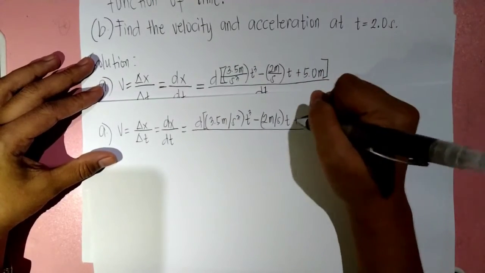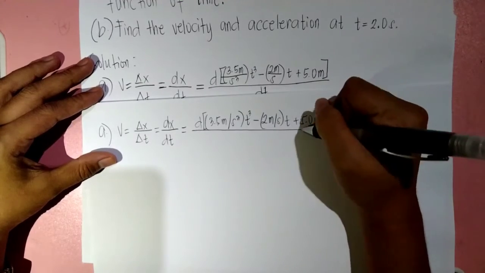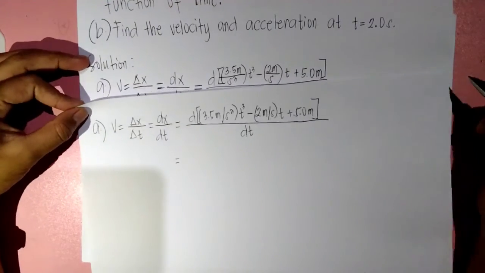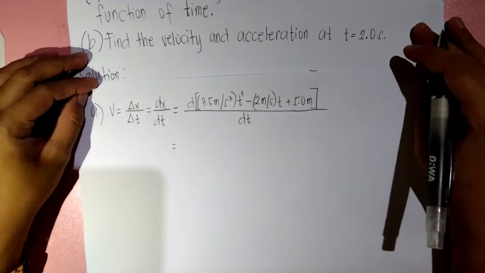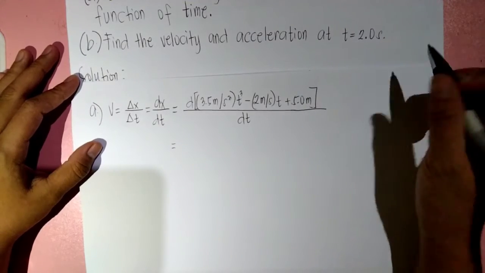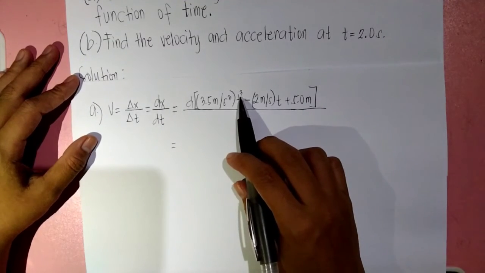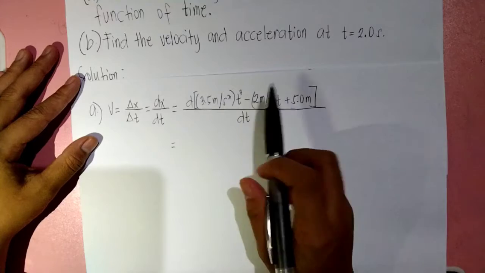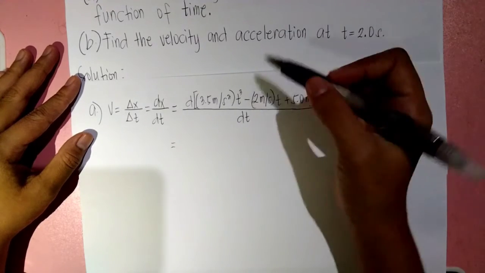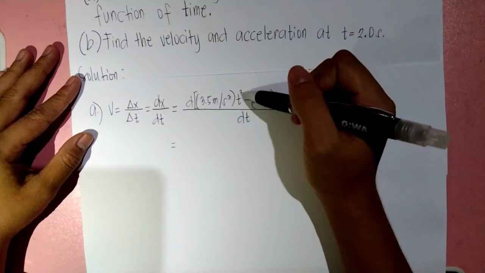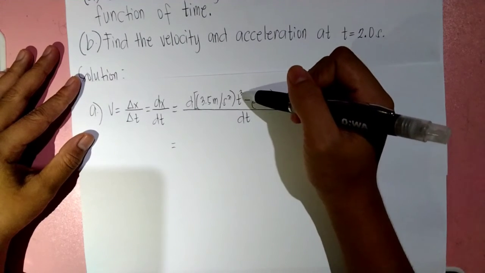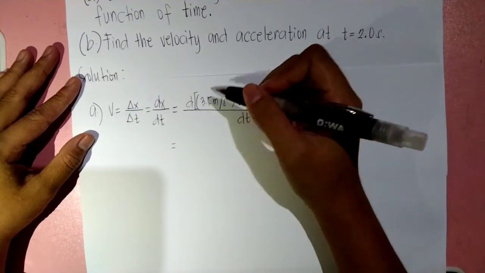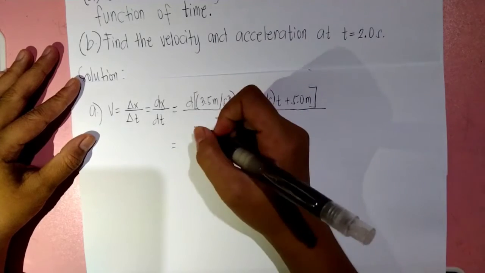Second, t plus 5.0 over dt. Okay, so in applying the power rule, our equation will become, or the process will be like this. So we have here the exponent is 3, or its cube. So 3 times 3.5, since 3.5 is the coefficient, we have